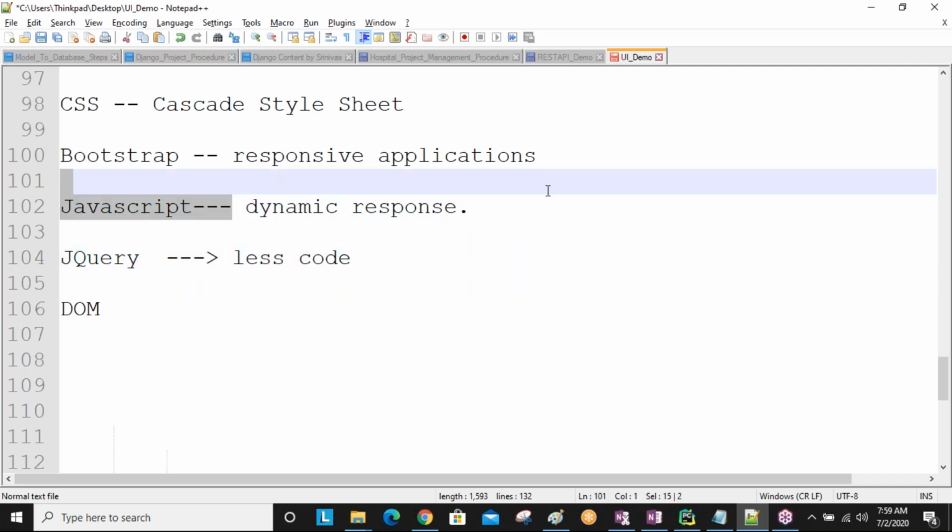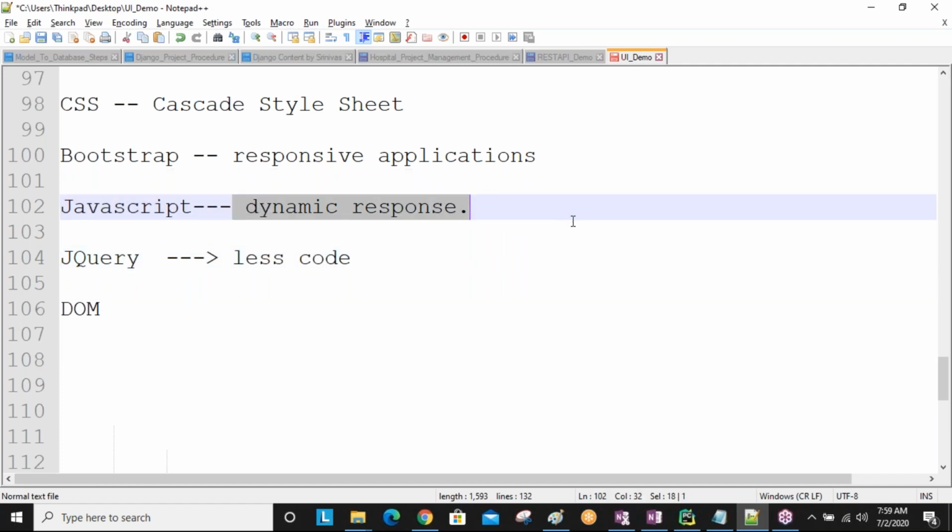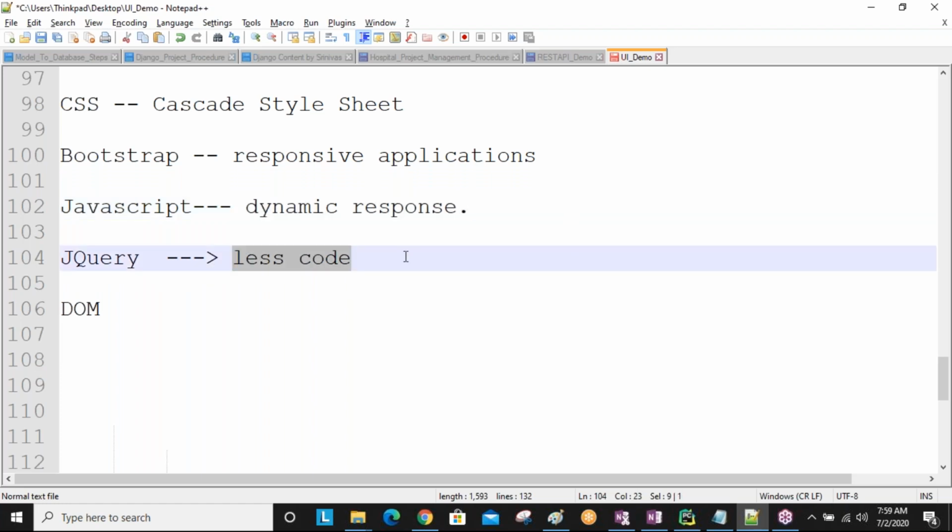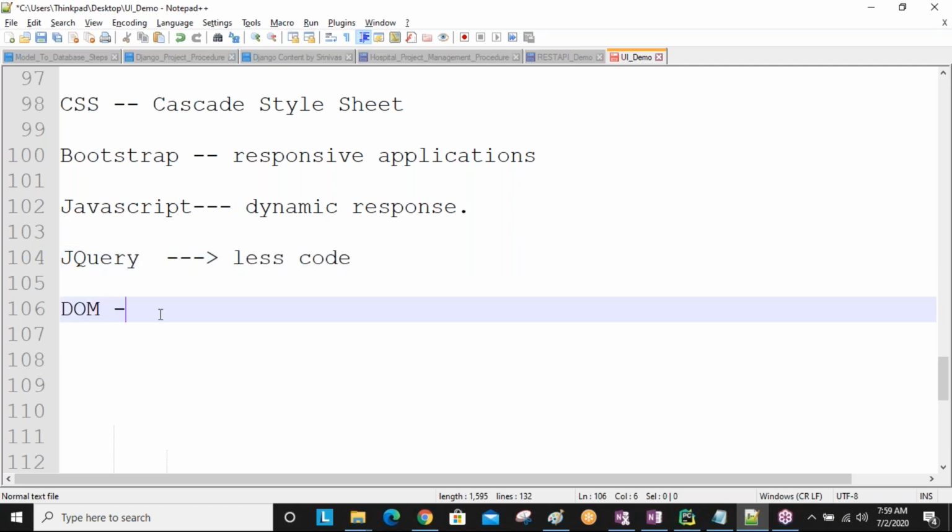Okay, to do some particular behavior you write 10 lines, 100 lines of code, but using jQuery 30-40 lines are enough to develop the same response. So jQuery is the advanced concept of JavaScript. It saves a lot of time. Okay, next DOM.